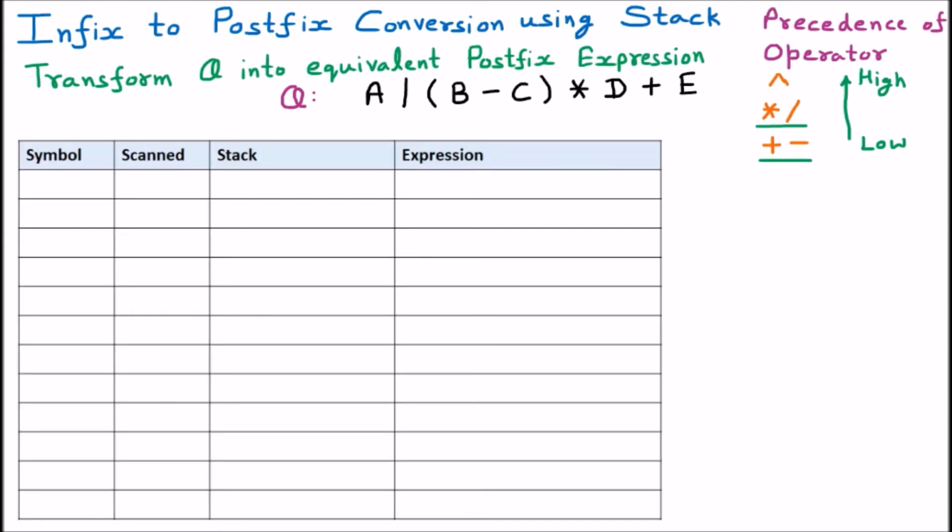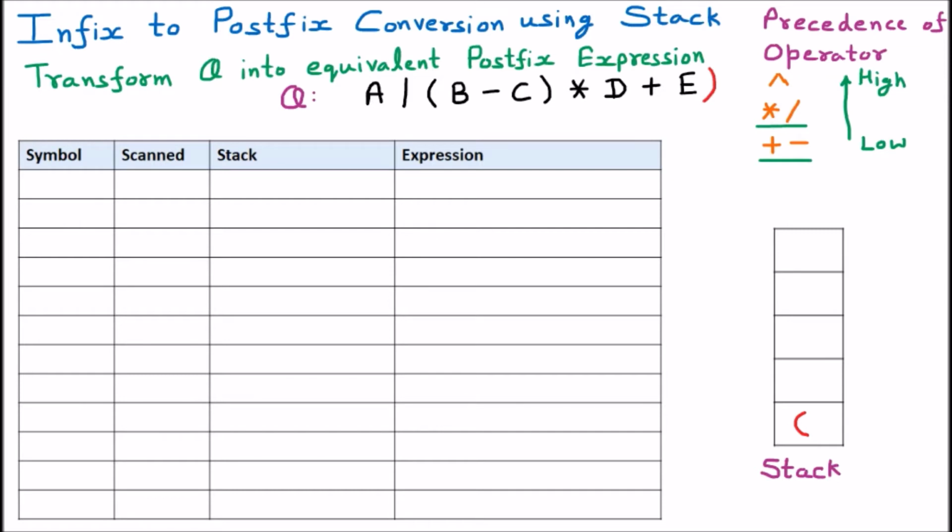So this one is a table. Now I am going to take one stack. To solve the expression, meaning infix to postfix conversion, the algorithm says that first of all we push a starting bracket onto the stack and we close the bracket after the expression. The reason is that whenever the closing bracket is encountered, it is matched with the starting bracket, and we find that the expression is totally solved. So the first step is to push a starting bracket onto the stack and take one closing bracket at the end of the expression.